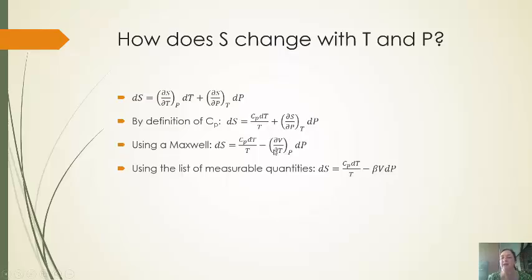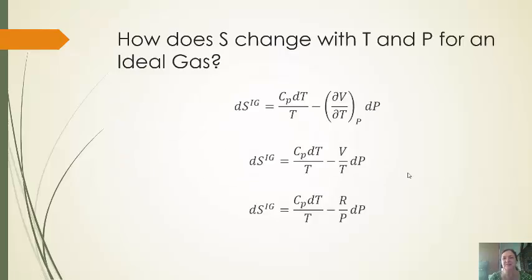Again, this can be related to those measurable quantities, beta. This is beta V, and so I can rewrite it in this way if I wish. Either of these last two are typically considered final stopping points. So let's apply this to an ideal gas. We've seen relationships like this before, so let's make sure that this gets the result we expect. So Cp over T, not a problem. It's that dV dT over P, there's the weird one. Okay, but if we apply this to an ideal gas, all right, then,